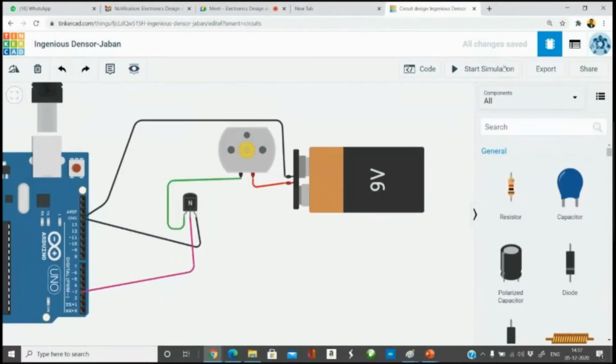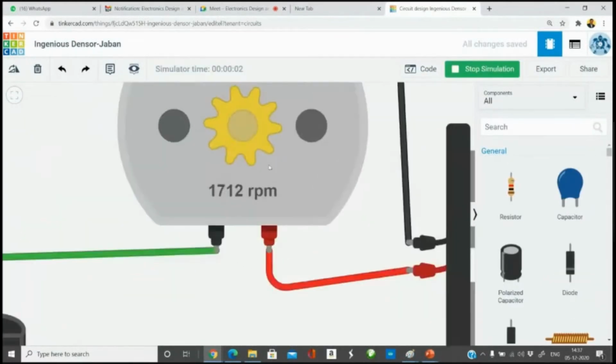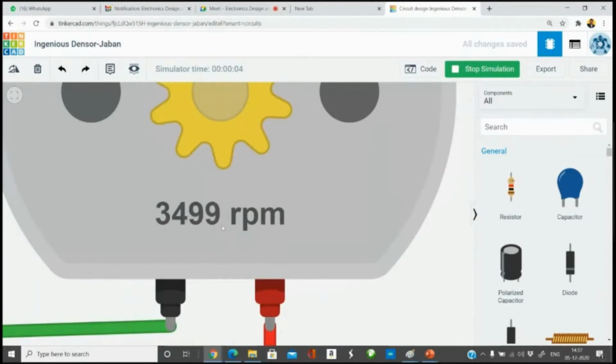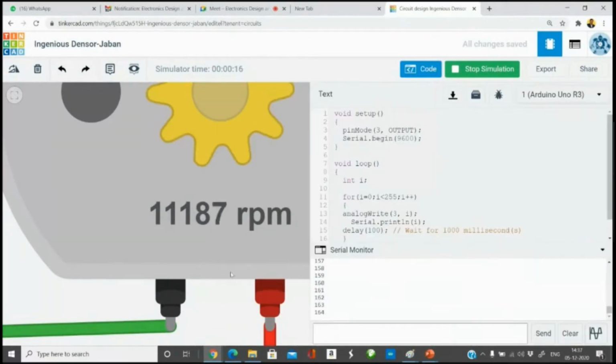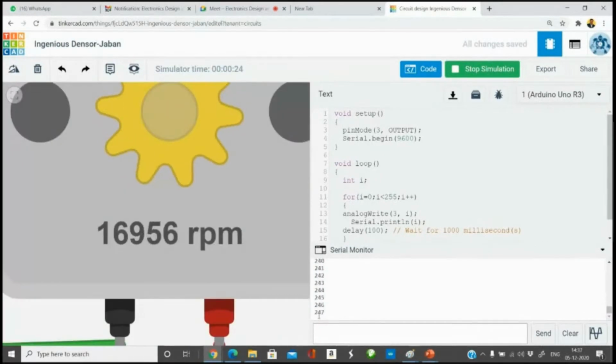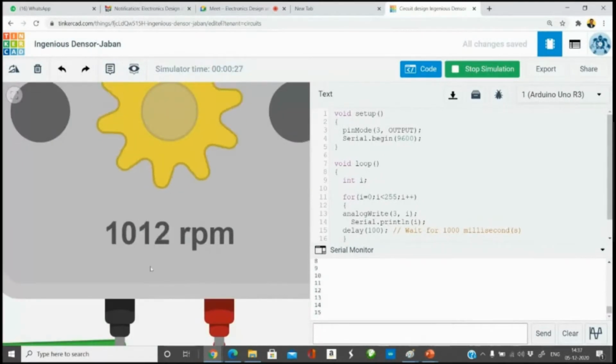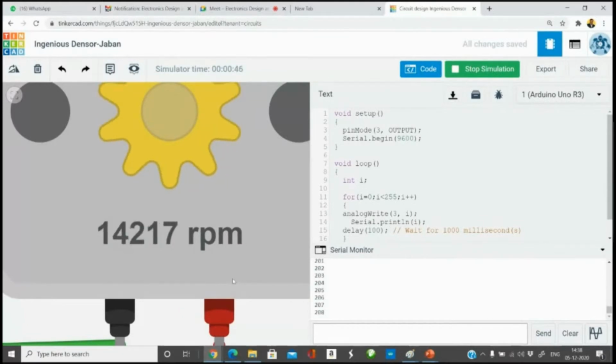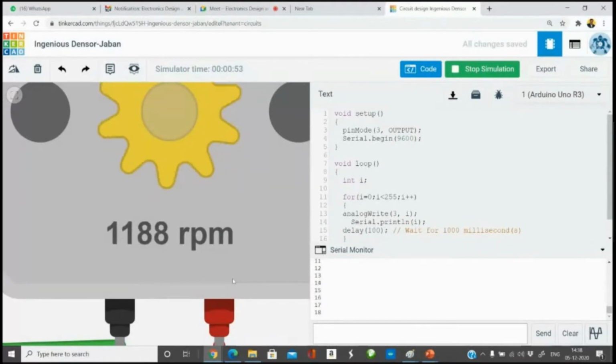Okay. So for the same code, let us see what is the output. You can see that the pulse width modulation is now resulting in a change in speed. Instead of a constant speed, I can also show you the duty cycle change. So after reaching the maximum, it again starts from 0 RPM and then it starts again. So this is how we use PWM for changing the speed of the motor. Depending upon your speed requirement, you will supply an appropriate duty cycle.